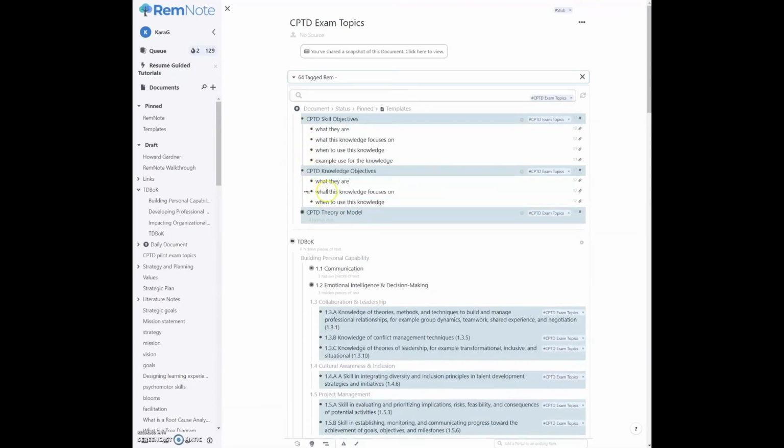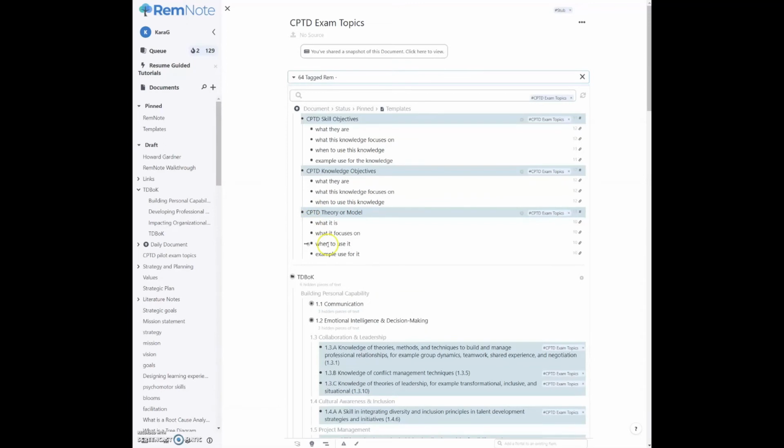The way that was different from the knowledge is when to use it, which is a little bit of application like a skill, but I didn't think that I needed an example of it. A theory is singular, so it was still pretty similar, but it made more sense to ask the question this way. So in the version that I have, which was pretty early on in the summer, and it was all in the free version of RemNote, you can